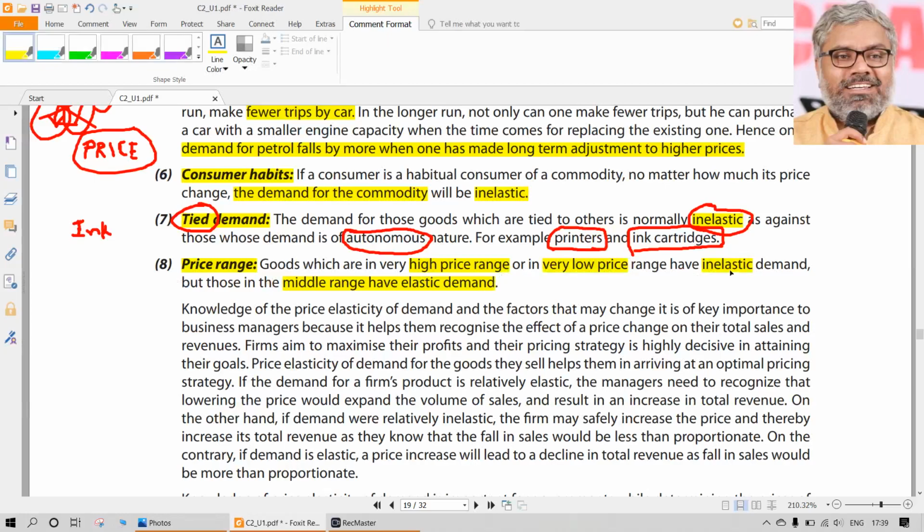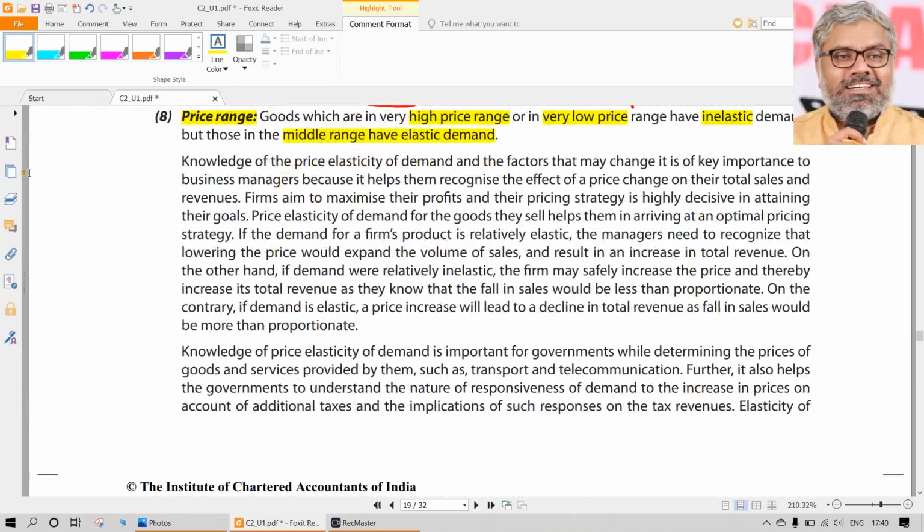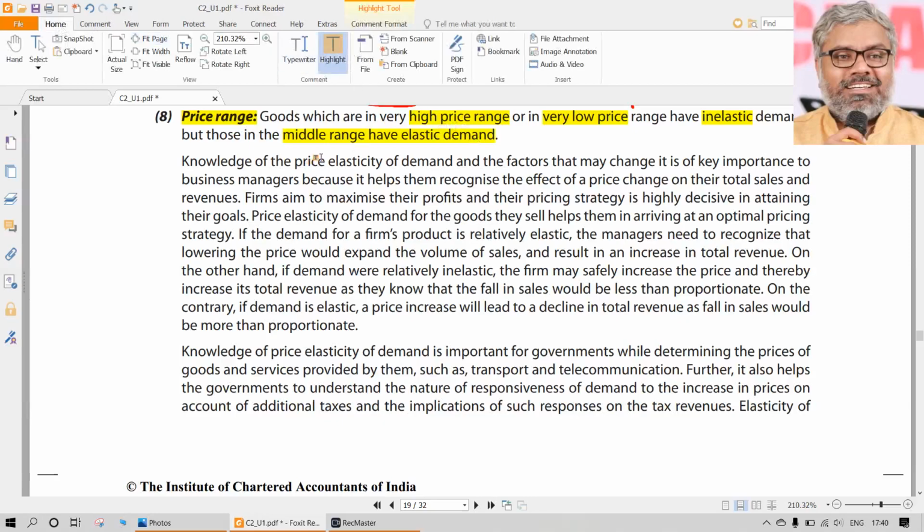Or a very low price range also will be relatively inelastic. Same thing like salt, low price range, matchboxes, small things, basic necessities, they will also be inelastic. So what will generally have elastic demand is the middle range. Just for understanding purposes once again, why the market economy mostly focuses on the middle class is also because of this. Those who are in the highest class, the richest people, are not going to give much input to the market economy because they are not going to purchase that much. Their contribution to the real demand will be negligible. It will be there, but very negligible.